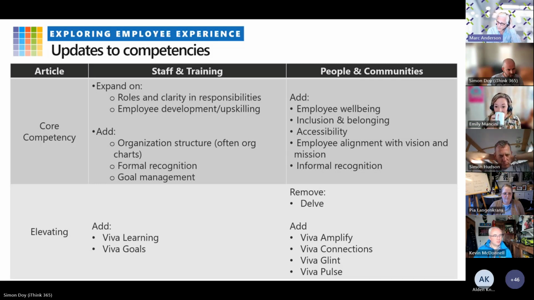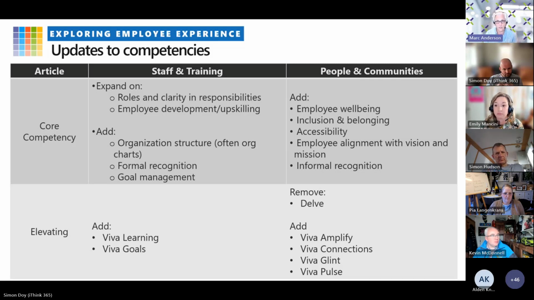As we've written these competencies, we have tried to be technology agnostic. So whenever Microsoft changes a brand name or adds a new Viva this or Viva that, we're not rewriting the whole article because now all of a sudden the tools that they give us are different. Obviously, the tools are very important, but what you need to do, as you've outlined, hasn't changed that much.